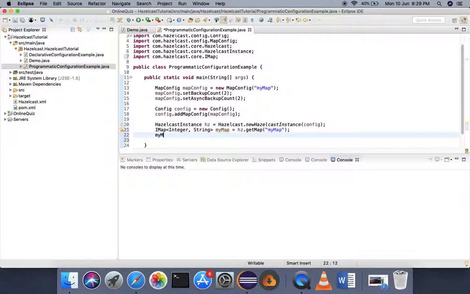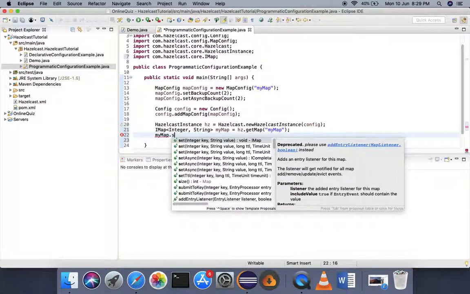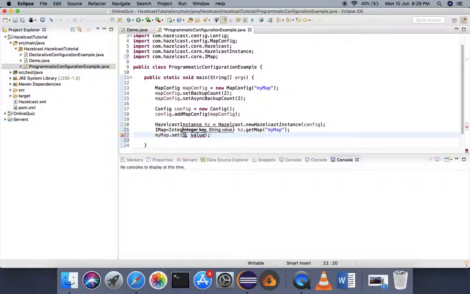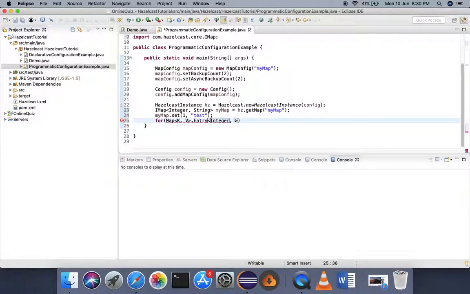Now what I will do, I'll just put some values in that map, or maybe I'll just set a value because I don't want the previous value. So I'll just use the set method, and then I'll just print the value. So the logic after setting the configuration of our data structure could be different. This is just an example, so I'm trying to make the example as simple as possible, but the logic of your application would vary. But right now we are not developing any application. I'm just showing you the example of how we can programmatically configure our data structure.